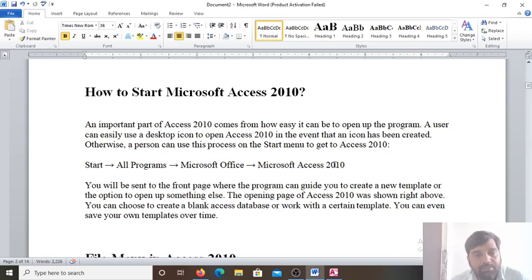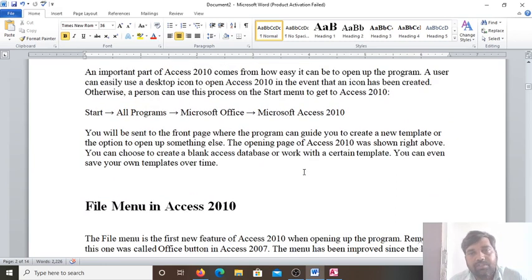On my laptop, Microsoft Access 2010 is on the desktop, so from there I have opened it by double clicking. If Microsoft Access is not on the desktop, you go to start, all programs, you'll find the Microsoft Office option, and in Microsoft Office you'll find Microsoft Access 2010. Click on that and this window of Access 2010 will open.